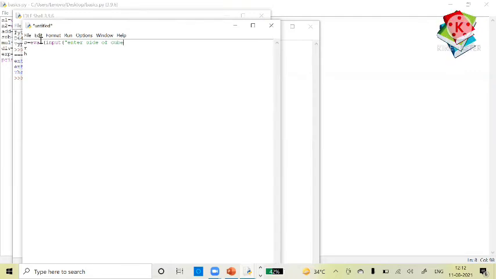You can give the complete message like this to let others know that this is the side of the cube that you are getting from the user. Then for r, you can write r is equals to eval input, and what you are writing here, enter radius of your cylinder.